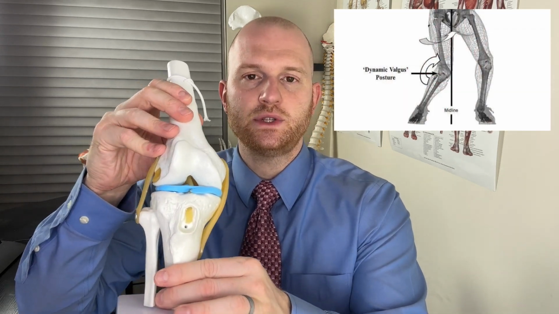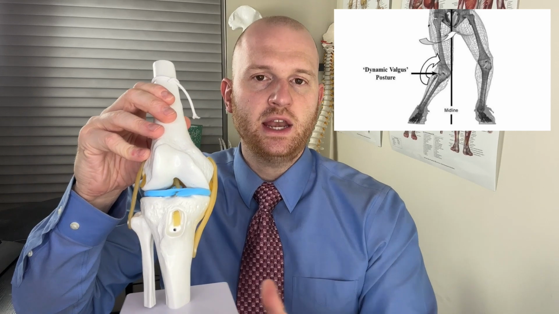Now let's go ahead and talk about why this is such a risky position for the knee. So when we are talking about a dynamic knee valgus, a few things are happening at the leg. The first one, we see that knee is going to cave inwards. Simultaneously, what's happening here is there is an eversion position of the foot, or some external rotation of the lower leg. And you can see as I do this and take the model into more of that, where that knee is going to cave in with rotation, this is stretching many structures that are located in the knee, specifically that ACL,